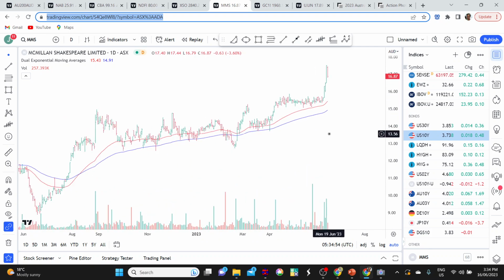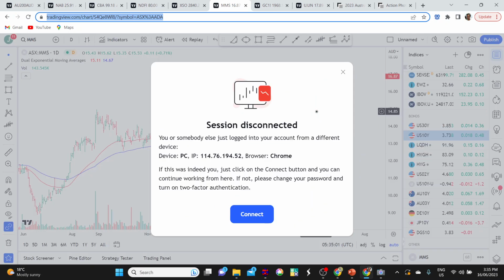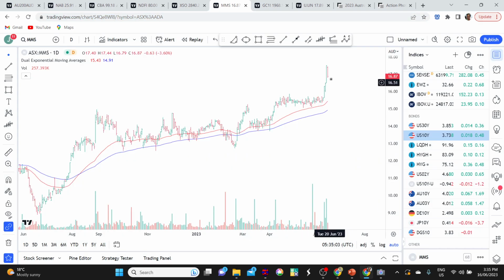But no matter what it does next, whether you're a swing trader looking for moves over maybe a few weeks or a couple of months, or you're looking for more medium-term trends like I'm looking for, these little patterns, the consolidations, the volume expansions, they're the really interesting ones to look for, even in the current environment.